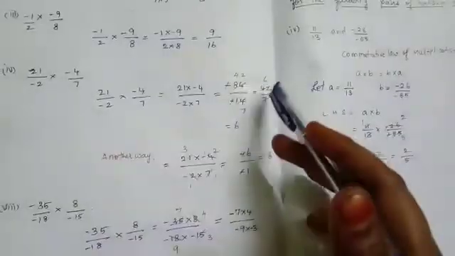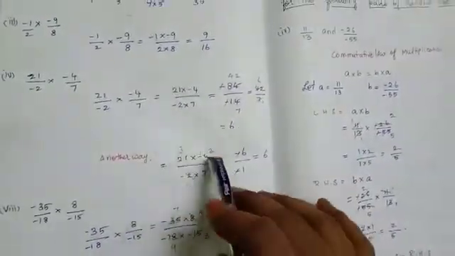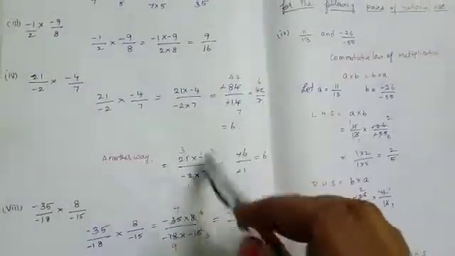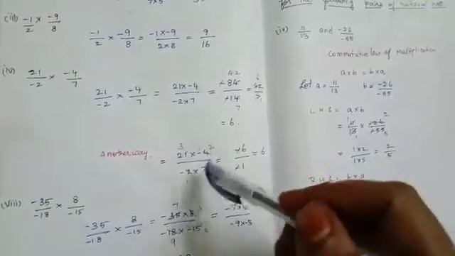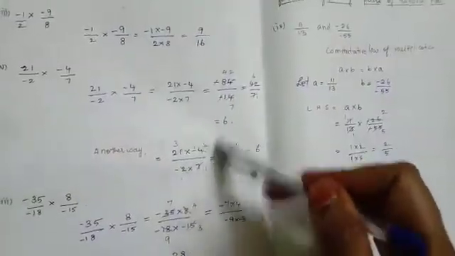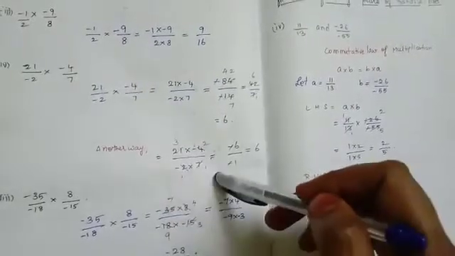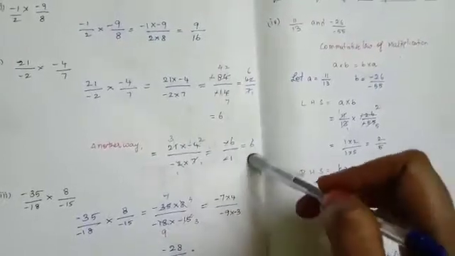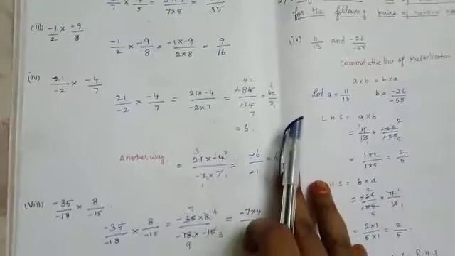The another way the same answer will come. 21 into minus 4 by minus 2 into 7. So you see that everything is multiplication and division, means the common numbers will be cancelled in any way. So 7 table 21 cancelled in 3 times. In 2 table 4 cancelled in 2 times. So denominators both are 1 only. So minus 1 into 1 minus 1. 3 into minus 2 minus 6. So minus minus cancel, answer is 6. So this is the one of the way.